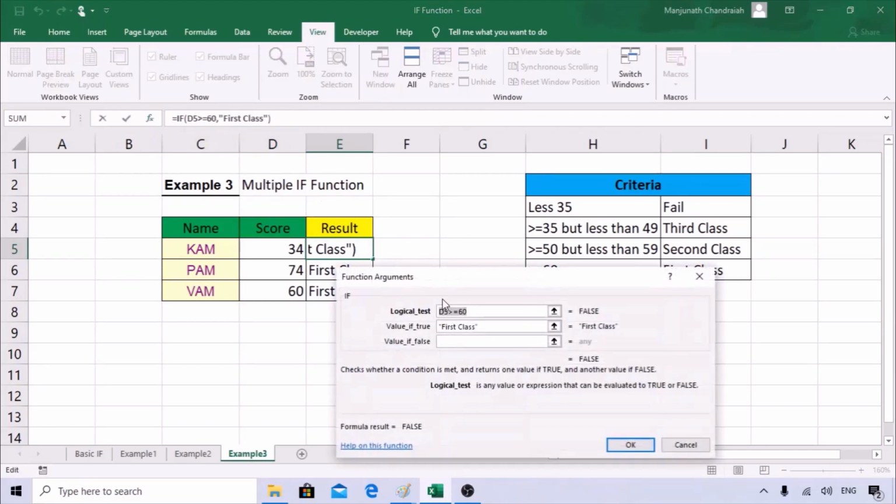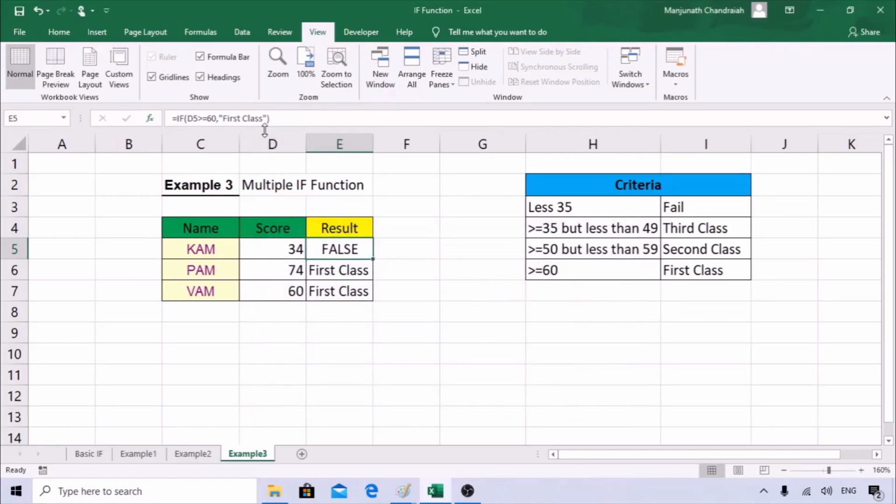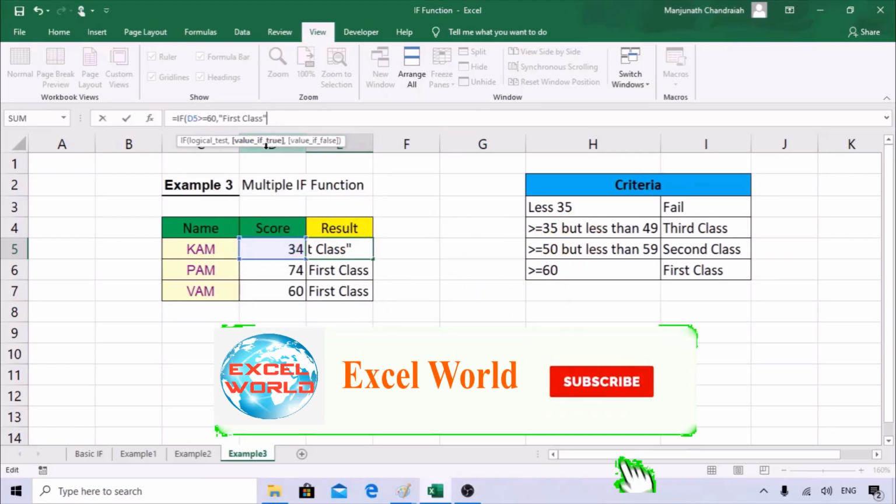So we need to add the if function again. Since we are not giving the false value, we go and add the if function again. Here we are not going to use this box; we'll use it directly in the formula bar. I have put the first criteria and it's working fine. Again, I'll go to this function here. Remember friends, when you put a function, the open bracket and close bracket mean you are closing, completing that entire function. We are not completing here, so we need to remove the bracket. When you remove the bracket, you can see the options turning up.